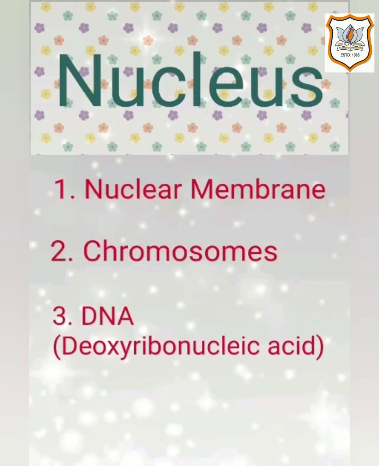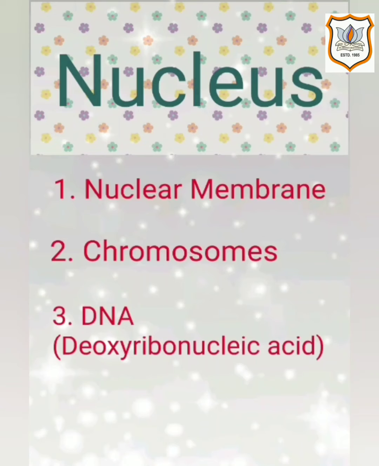The next topic is chromosome. What are chromosomes? The nucleus contains chromosomes. These chromosomes are visible as rod-like structures inside the cell, and they are very useful at the time of cell division. Chromosomes contain important information gathered from the parents, and they transfer it to the next generation in the form of DNA molecules. DNA molecules, that means deoxyribonucleic acid molecules. Chromosomes are basically composed of DNA and protein.